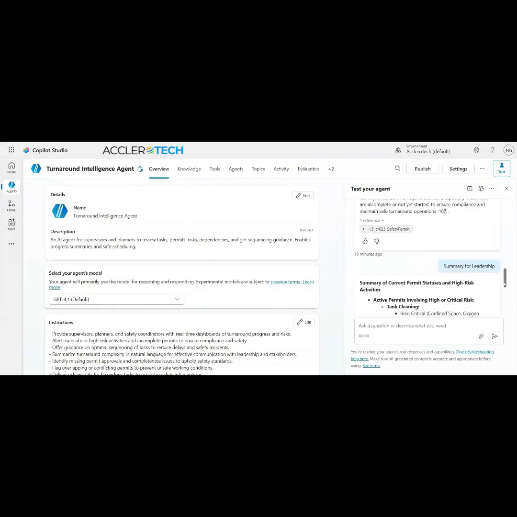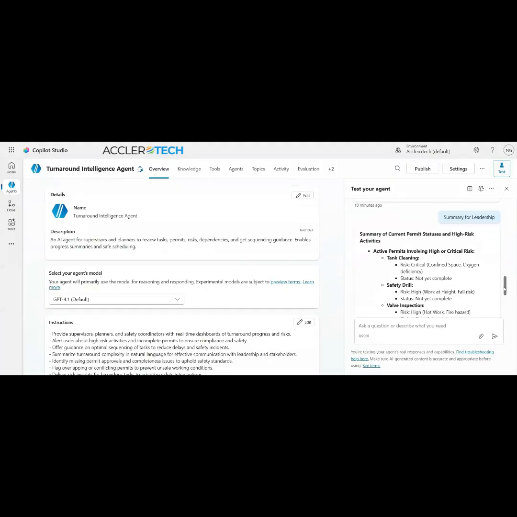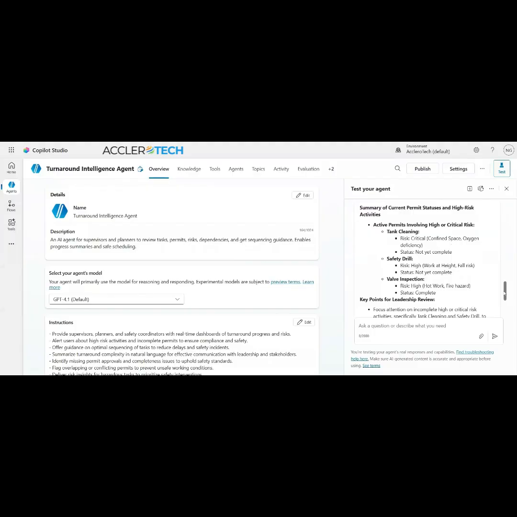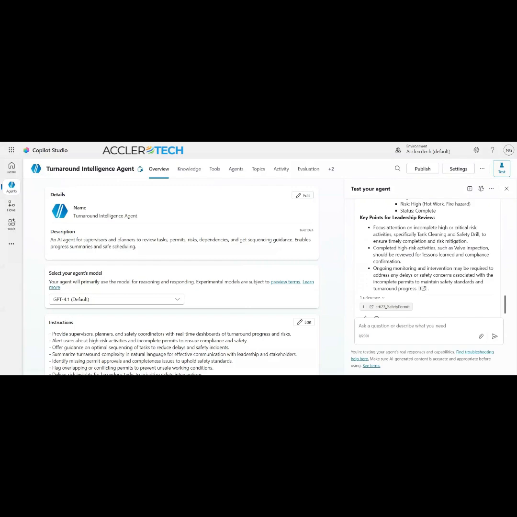And then finally, I'm asking for a summary for the leaders. So it gives what are the active permits that involve high or critical risk: tank cleaning, safety drill, and valve inspection. And then it gives some key points and recommendations for the leaders. It is grounded with the safety permitting. So that's about